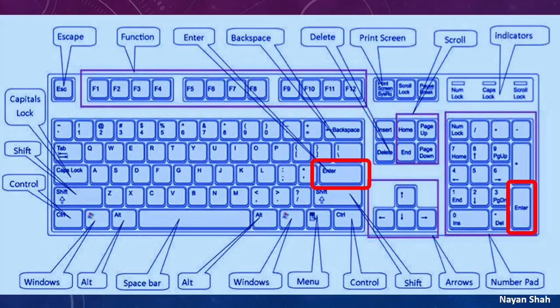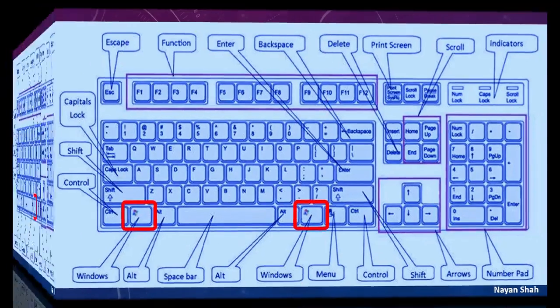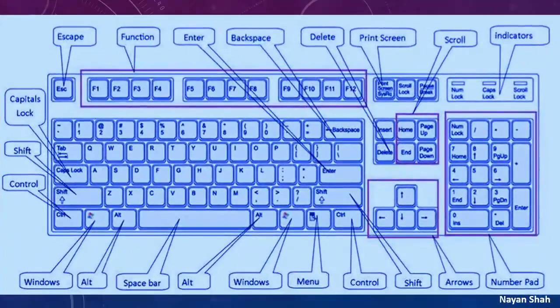Enter key is also on the right hand side, space bar is at the bottom. Control key, alt key you will find on both sides. Windows key is also sometimes on both sides of the space bar. Then on the right hand side we have 4 arrow keys also, and then we have the numeric pad, number pad, through